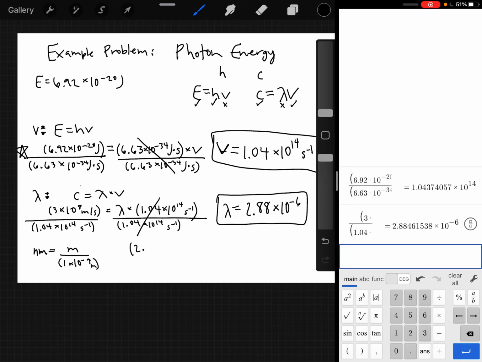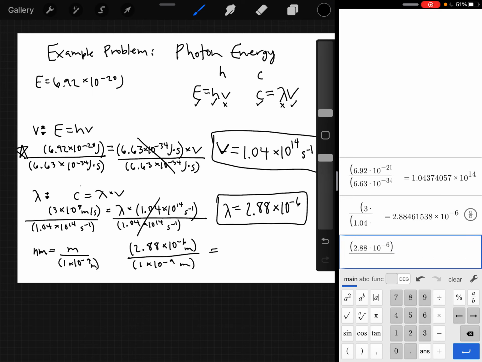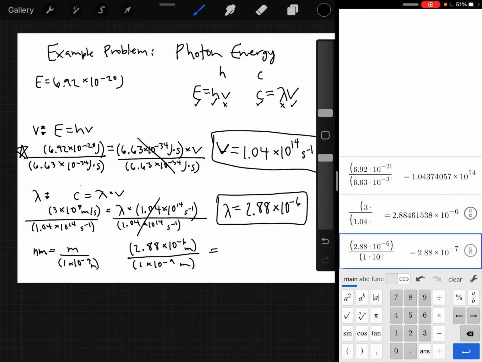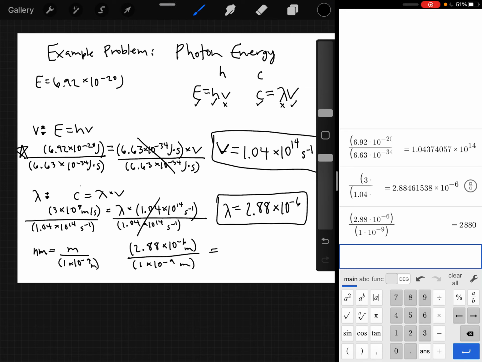So I'm going to do whatever I had for my lambda before: 2.88 times 10 to the negative 6th meters divided by 1 times 10 to the negative 9th, again using parentheses. And I get lambda equals 2,880